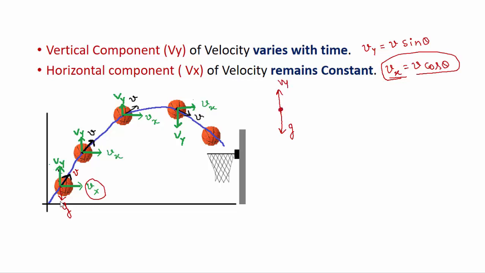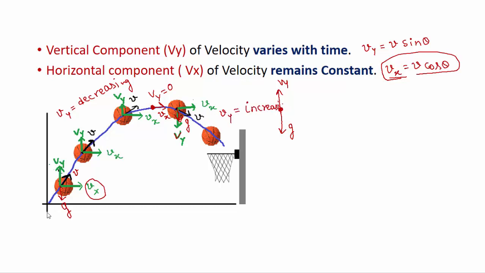Because gravity is acting in the opposite direction of the vertical component Vy, Vy will decrease for the first half of the path, like up to here, and goes to 0 at the top of the path, like here. Here Vy goes to 0, only Vx remains. As Vy goes to 0, the ball will not go up now and will start coming down. You can see when the ball is coming down, the direction of Vy is downward. Gravity is still acting on the ball, so it will pull the ball down again. The vertical component turns downward and will start increasing now. So Vy would increase in the second half of the path.